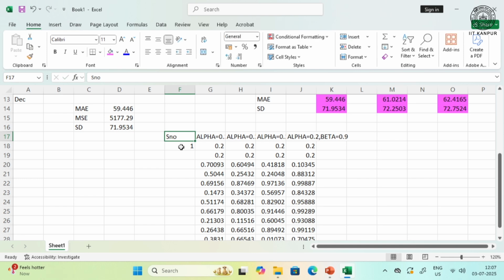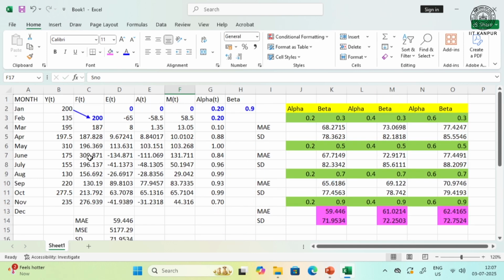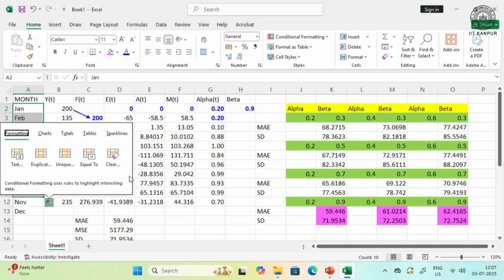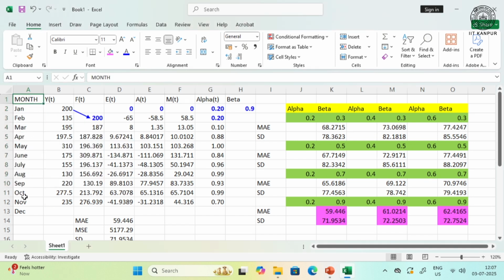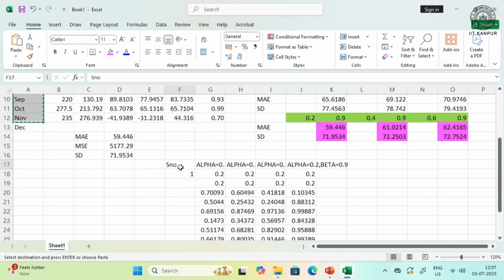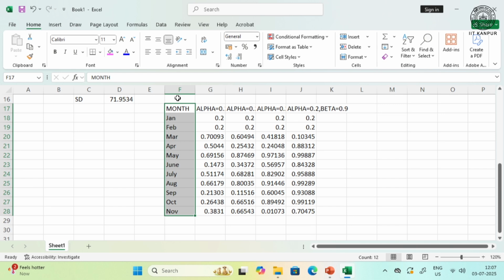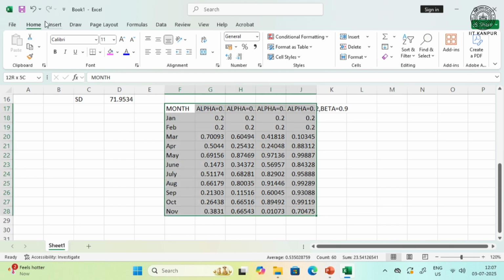Serial number means it would basically be the month of January to October. So, let me also make it November. Yes. So, if I plot it,